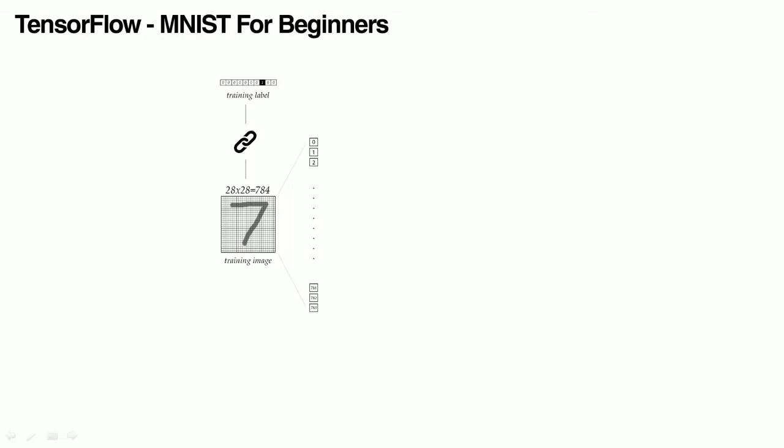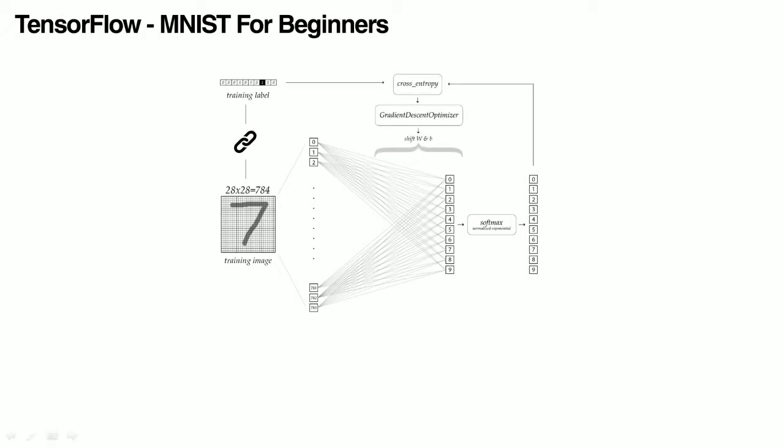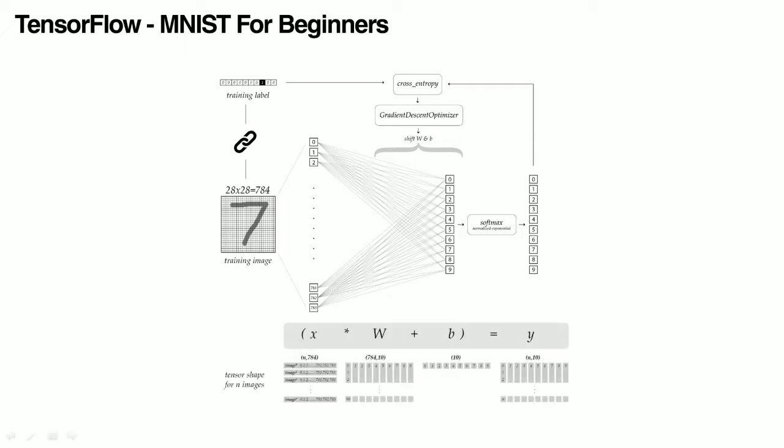And they flatten this image into a one-dimensional vector. So 28 by 28 is 784 one-dimensional values. And this vector then acts as an input to the network. They don't have hidden layers in this case, so they go straight to an output layer with a softmax activation, as we've seen in the previous session with the iris dataset. And then they use cross entropy for loss and gradient descent as an optimizer, as we've seen as well. And it's always